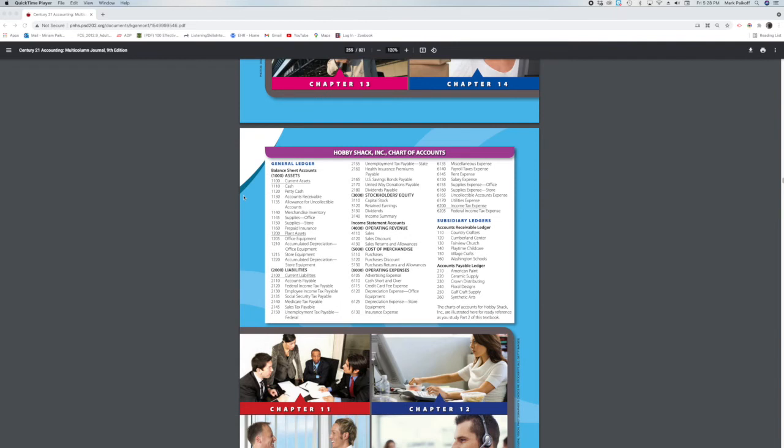Okay, so the last thing that I'm going to be talking about in this general overview of Part 2 is the chart of accounts for Hobby Shack Incorporated. So as you can see over here, we have the general ledger accounts, and these include both the balance sheet and also the income statement accounts. And as you can see over here, we have the subsidiary ledger accounts, and these include the accounts receivable ledger and also the accounts payable ledger. So starting with the general ledger